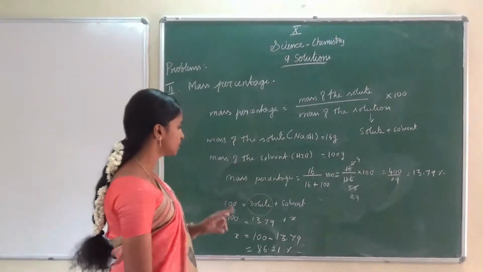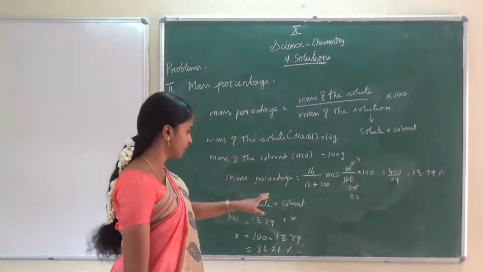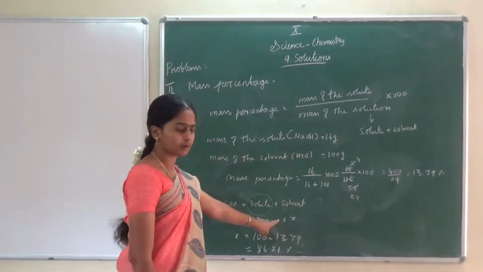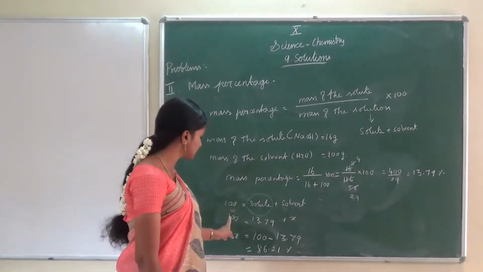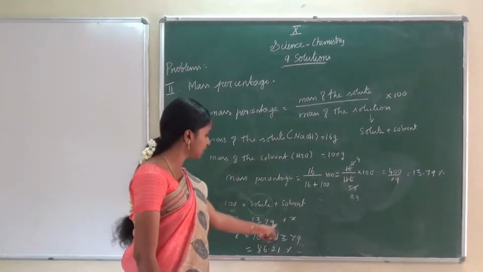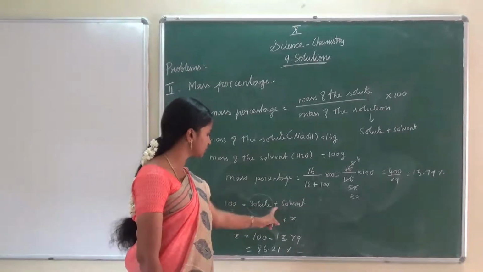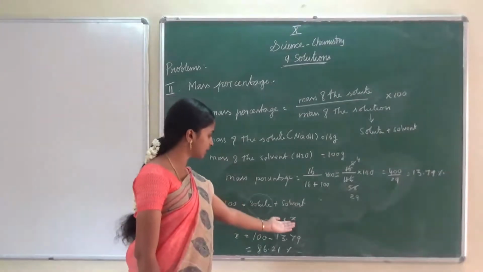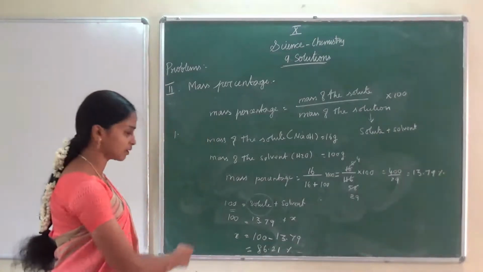Can you understand this, children? They are asking two questions here. The first question, find the mass percentage of solute. Then they are asking find the mass percentage of solvent. So we have to find the solvent percentage also. Okay, if you know the solute percentage, you can subtract it from the solution, that is 100. Percentage means 100. So from 100, if you subtract the solute value, you will get the remaining solvent. Because solute percentage plus solvent percentage, when we are adding these two only, it will become 100. So you have to keep the solvent value as x. When you subtract it, you will get the mass percentage for solvent.